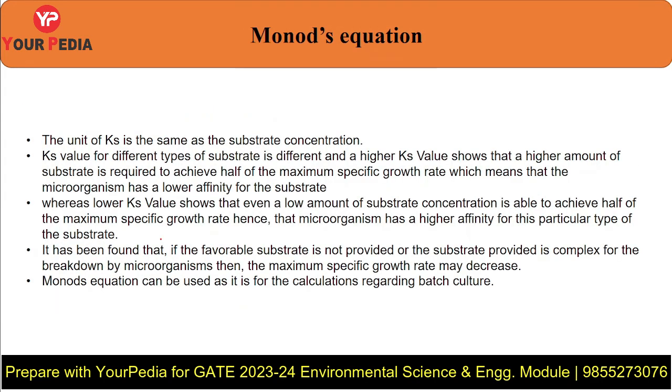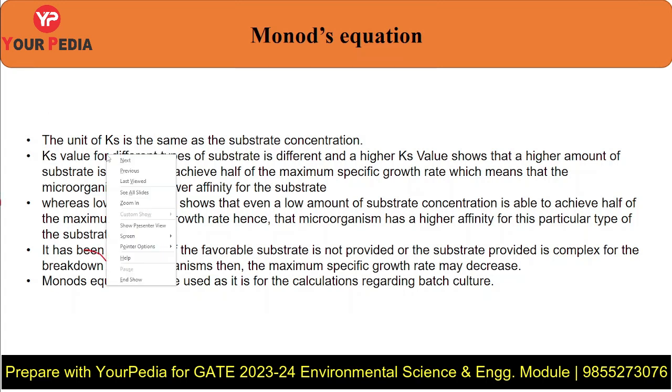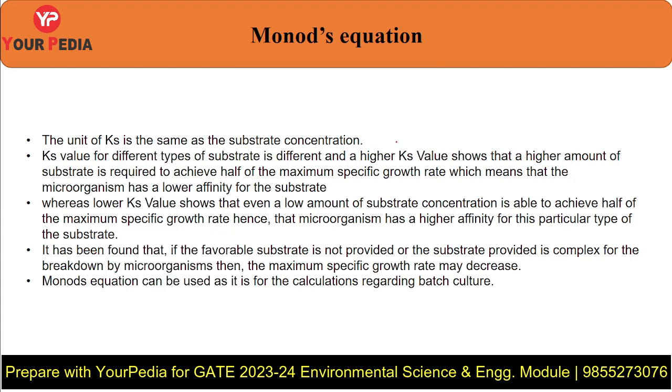Certain properties of Monod's equation are enlisted here. First of them is that the unit of Ks is the same as that of substrate concentration, as I mentioned in the previous slide. The next one is that Ks is inversely proportional to the affinity of microbes to the substrate that is provided. What this means is